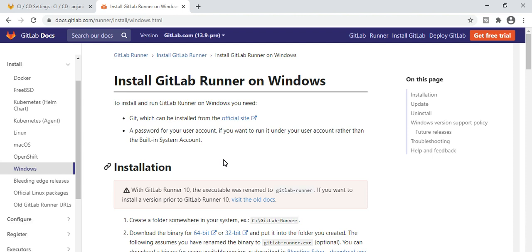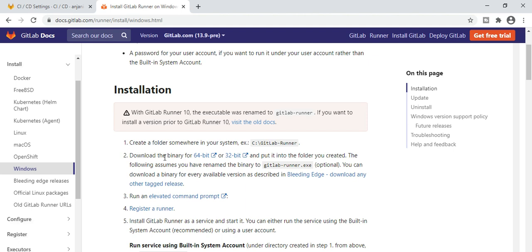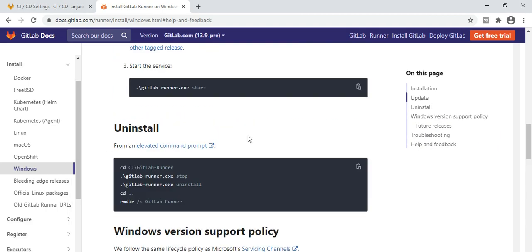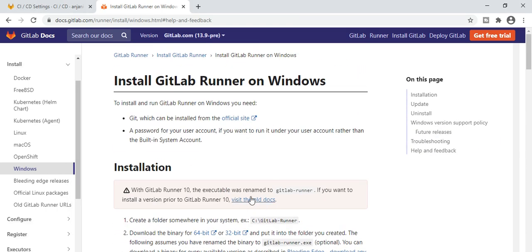Okay, for the runner, first Git should be installed. I think everybody has installed Git as I explained in my previous video. So the second step, you need to download the 64-bit or 32-bit version. You can easily know the bit of your operating system and accordingly download it from here. See, in this GitLab page your executable file needs to be renamed. If you download that exe, the name is gitlab-runner-windows-amd64.exe, but you need to rename it and keep this name, gitlab-runner. Okay, and remove the rest of the text.